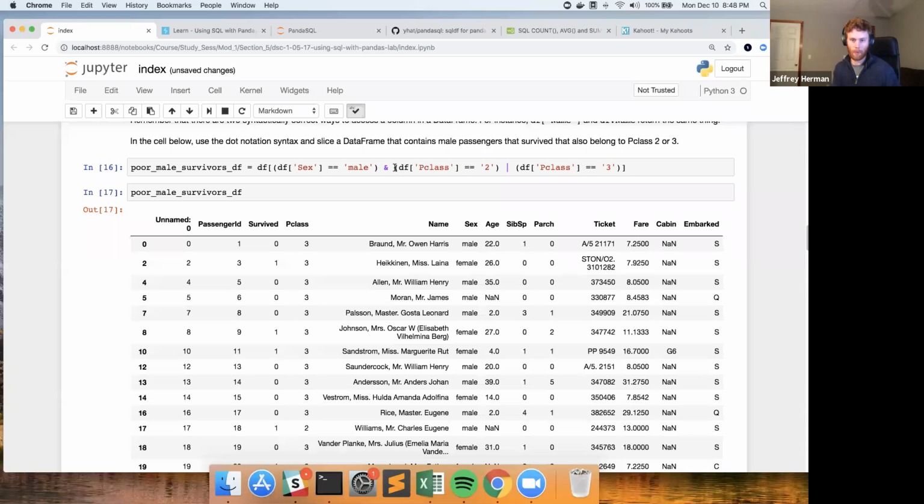Exactly. Yeah, I need to put parentheses around these two because I want it to be an and then an or inside of here. So it has to be male, and then it has to be either second or third class. So right now I have some females in here, and I just want males that belong to second or third. And if I do that,